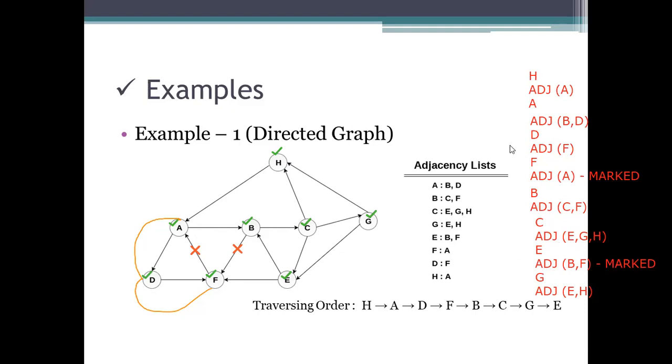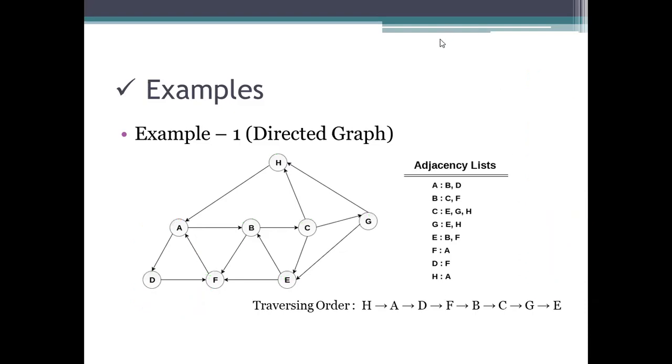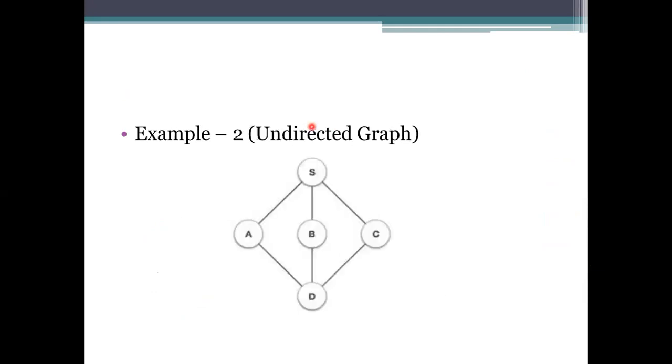Okay. And coming to the next example, where we are using an undirected graph notation with the stack representation. So here, see what nodes we have. We have A, B, C, D and S here.